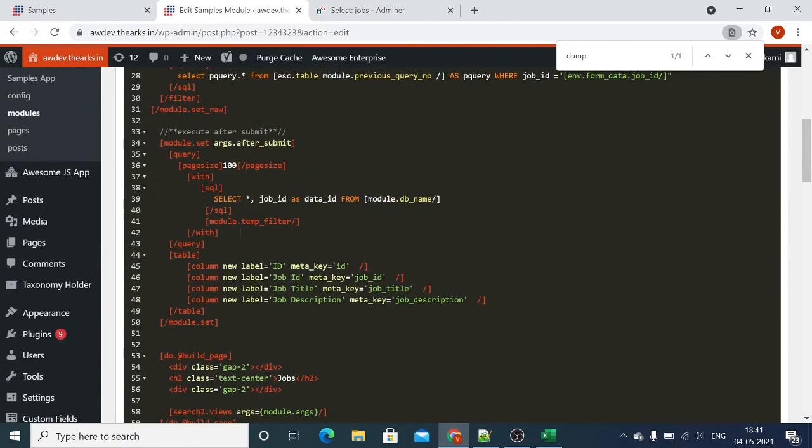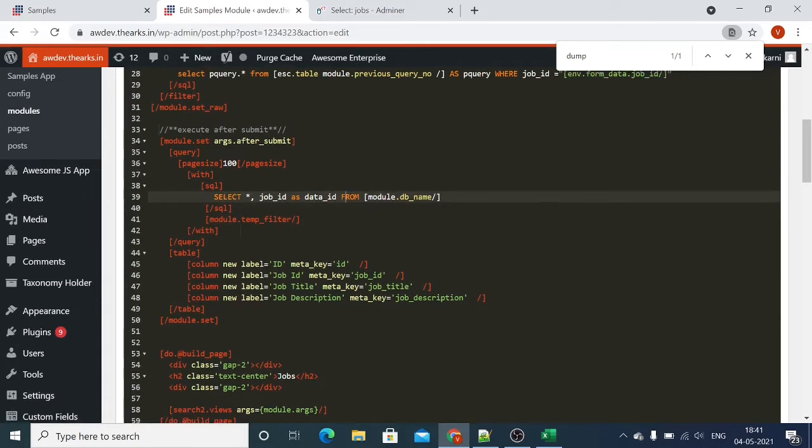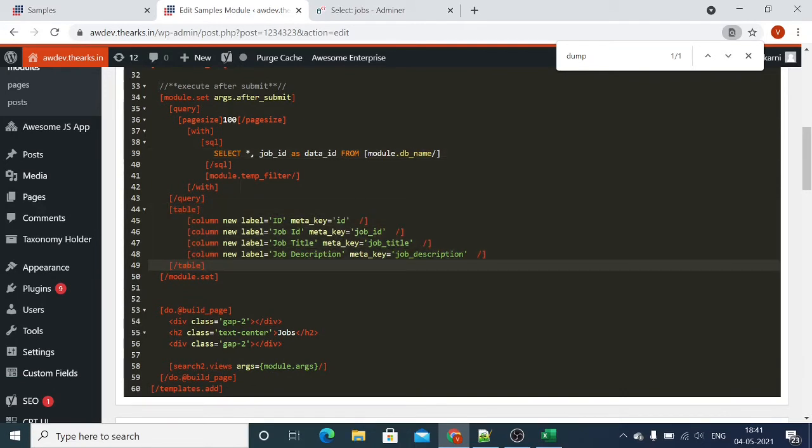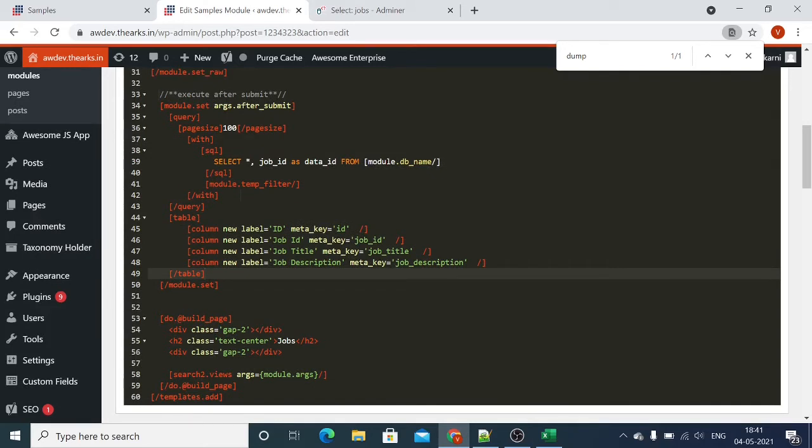These arguments basically contain two parts, that is query. This query will help us to fetch the records, and we will apply the filter based on this query, and we will generate the result and show it in a table. So this basically consists of the arguments array.